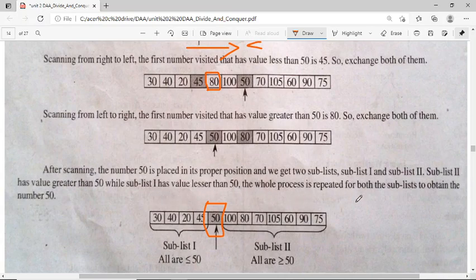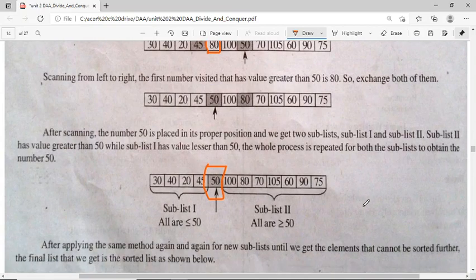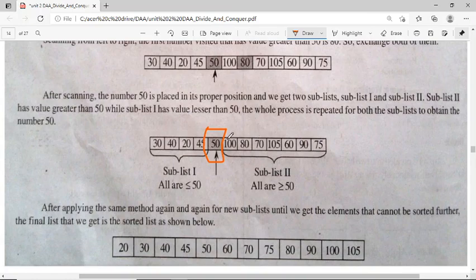The whole process is repeated for both the sublists to obtain the number 50. So in simple words, 50 is sorted now. Okay, 50 is at the right place, and the left hand side is lesser than 50, and the right hand side is greater than 50. So only we got the sorted 50.